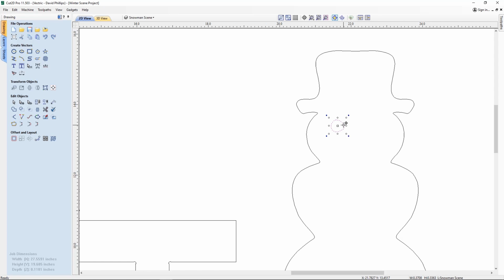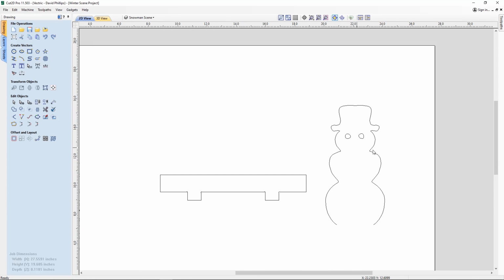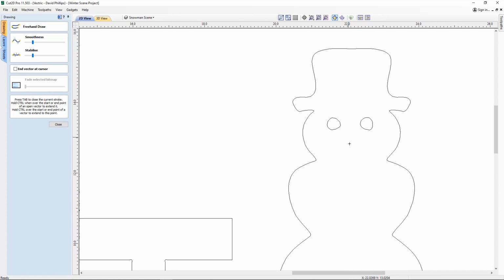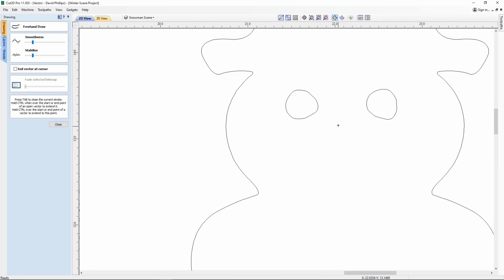I'm going to hold down Control and drag out, and that'll give me my second eye. And then I'm also going to rotate that slightly just to give it a variation between the first one, again, so it looks more natural. And going back into the freehand drawing tool again, I'm going to zoom in and create a carrot